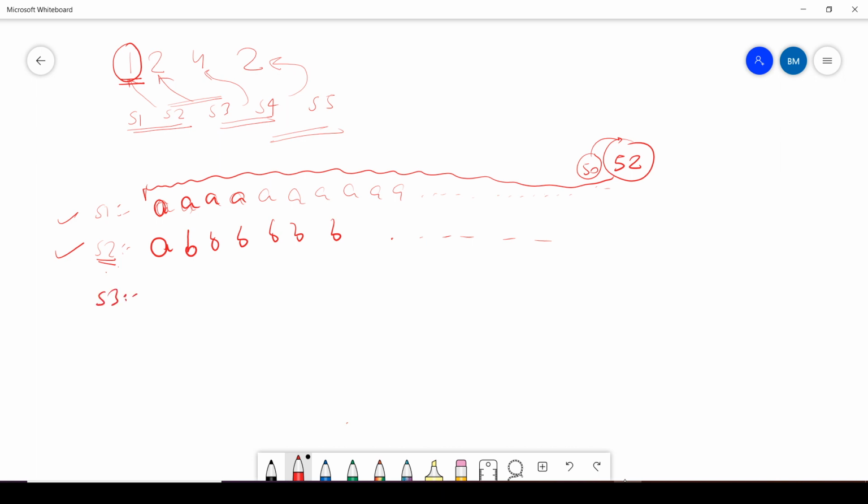Now it's the step for S3. S2 and S3 should have 2 as the same at the starting, so A and B should be the same. Now I want a break at this point, which means it should not be the same.